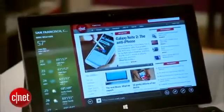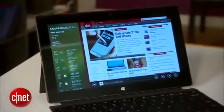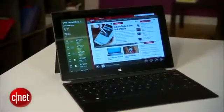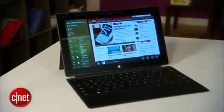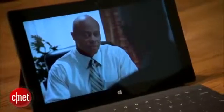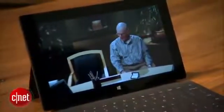Surface starts at $500 for 32 gigabytes. That same config is available for $600 with a touch cover, and $700 gets you the 64 gigabyte version with touch cover. That's not cheap, and those looking simply for a tablet to watch movies on may want to opt